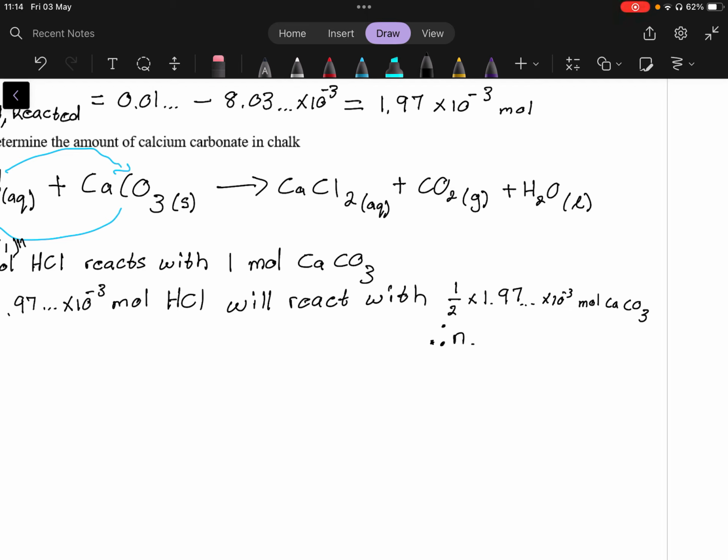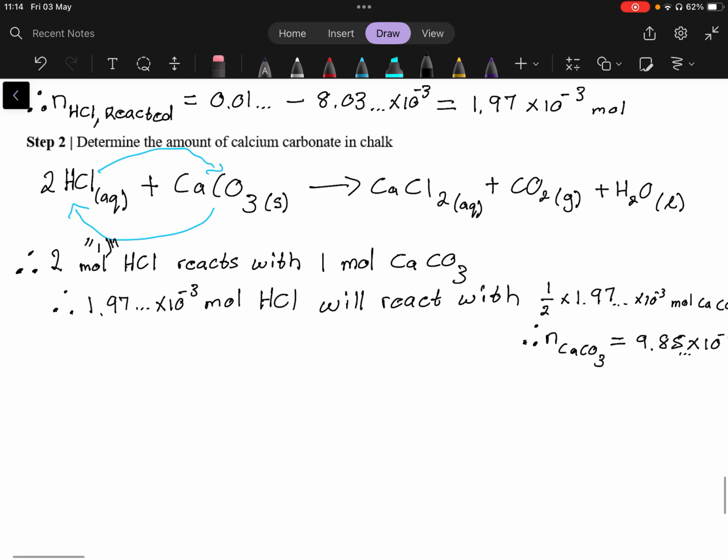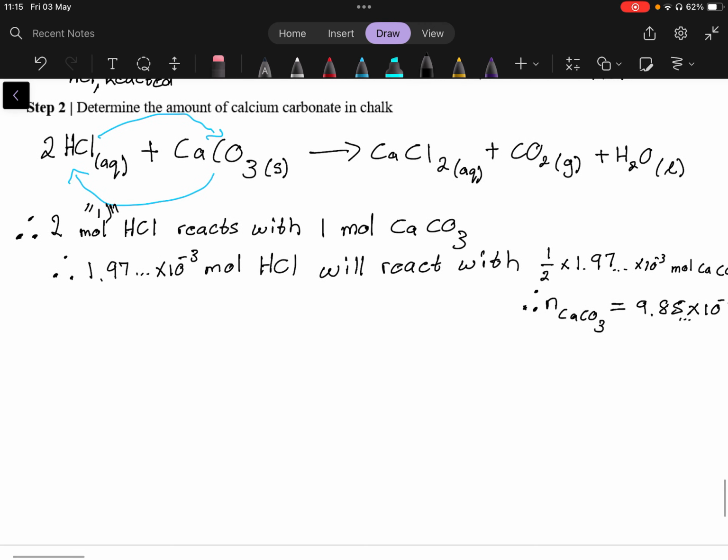And then we can just say, therefore, the number of moles of calcium carbonate is equal to this half times that thing. So it's going to be 9.85 times 10 to the negative 4 mole. Okay, but what were we asked? We were asked the mass of the calcium carbonate. So therefore, finally, the mass of calcium carbonate,